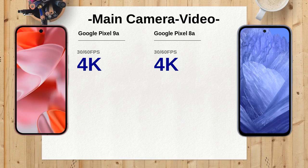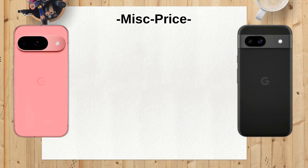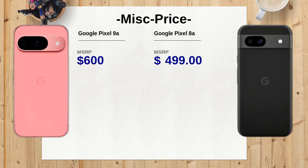The Google Pixel 9a is priced at $600, while the Pixel 8a is more budget-friendly at $499. This price difference reflects the advanced features of the 9a, making it a worthy investment for those who want cutting-edge technology in their hands. In summary, while both the Google Pixel 9a and Pixel 8a offer fantastic features, the 9a